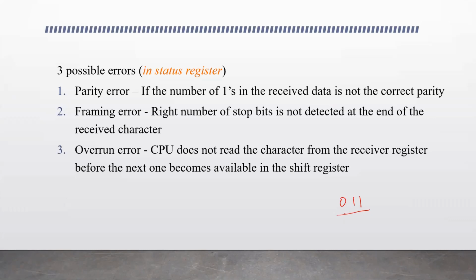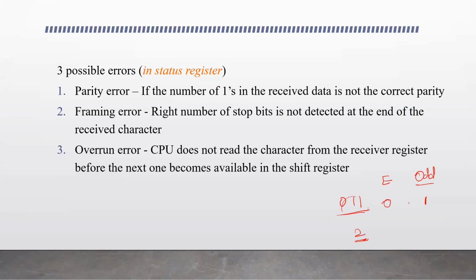Example, if the data is 011 and even parity is used, the number of ones is already even; there are 2 ones. So the parity bit added may be 0. We don't need a 1 here because there is already an even number of ones. But when odd parity is used, here we have an even number of ones, so to make it odd, we add 1. So we will have 3 ones. This way parity bits are added and transmitted.